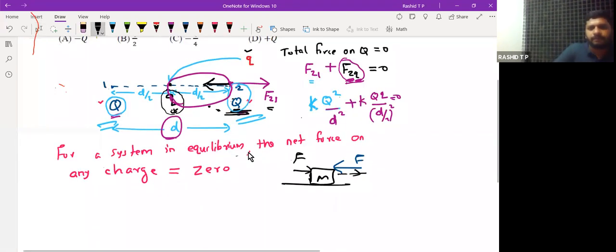Now this is very clear. This k cancelled, one q cancelled. Here d square, and here this d square cancelled. Remember, there is a 1/4 there. That is